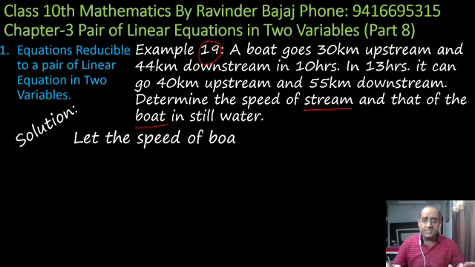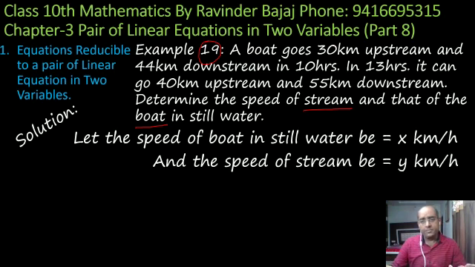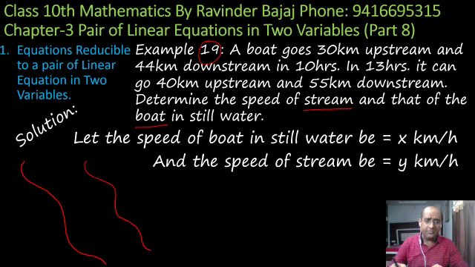Now, let the speed of the boat be x kilometer per hour and the speed of water be y kilometer per hour. Now, I'm making a diagram for you. Say this is the river, and the water which is going downside is this. Say this is the water going in the river, and the direction of the water is this. Water always goes downside. And say I'm making a boat also for you. Say this is the boat,